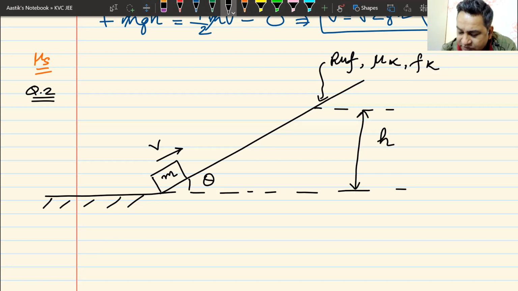Now, if this was a JEE Advanced question, they would ask whether it will come down or not, and then you have to think. But I would probably have to give you more information, like the ratio between mu k and mu. I will discuss that question later. But first, tell me how high will it reach? You have to tell me the value of h. Your time starts now. You can take the coefficient of friction as mu, whether static or kinetic. Two minutes.